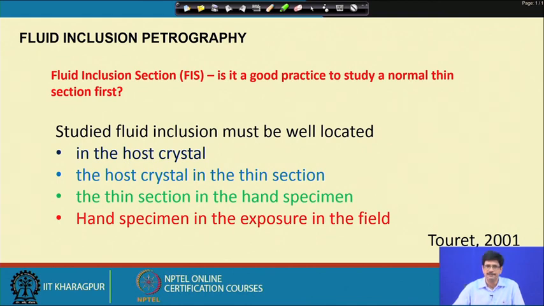And to be honest, it will be difficult to say that whatever could be discussed here is complete. There could be many more things to it, and it would possibly cover a whole course to discuss fluid inclusion petrography, taking many of the exceptional situations, many of the uncertainties, many of the curiosities and questions that arise during the study of fluid inclusions. Again, we will try to put things in a very simple manner.